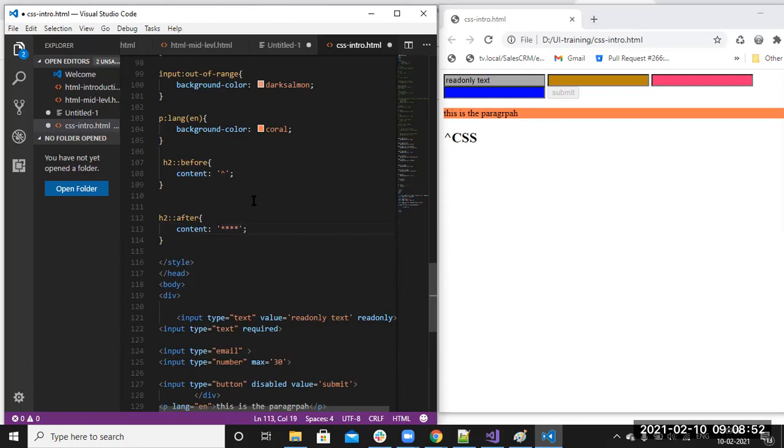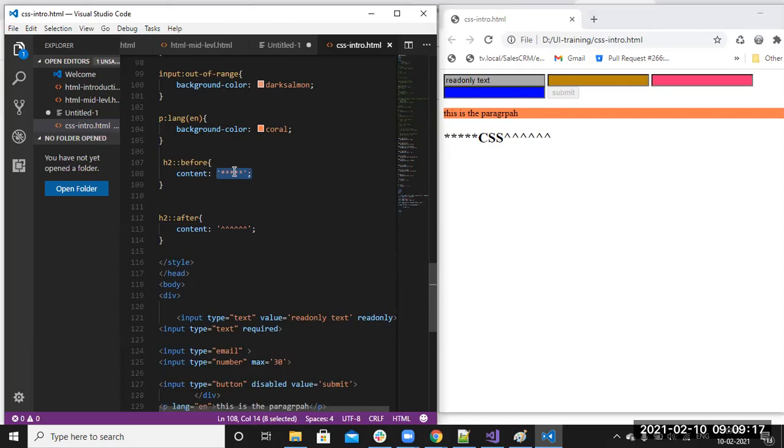So what I'm doing, stars. See now. Before I applied stars, and after I have applied the cap symbols.